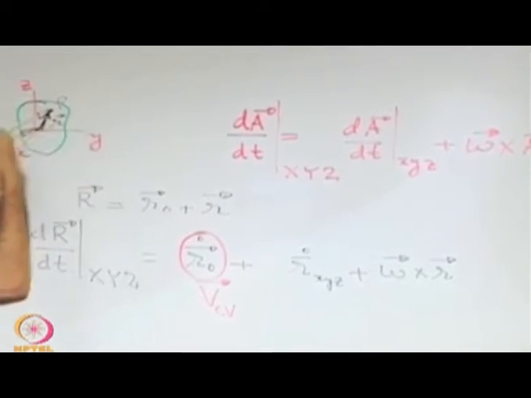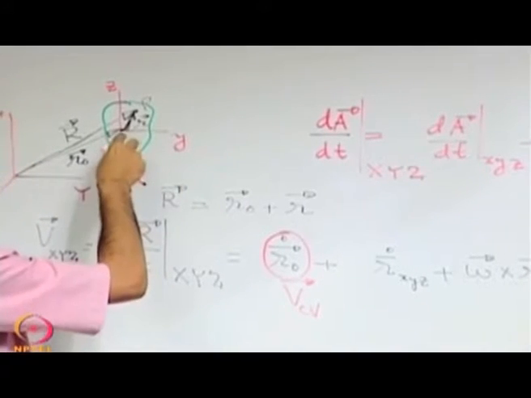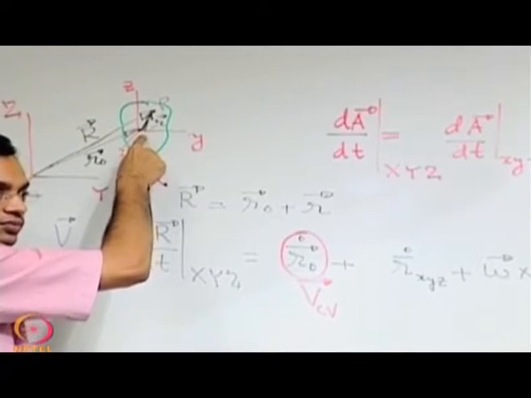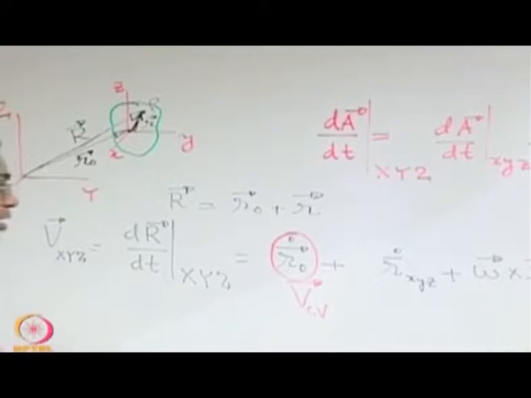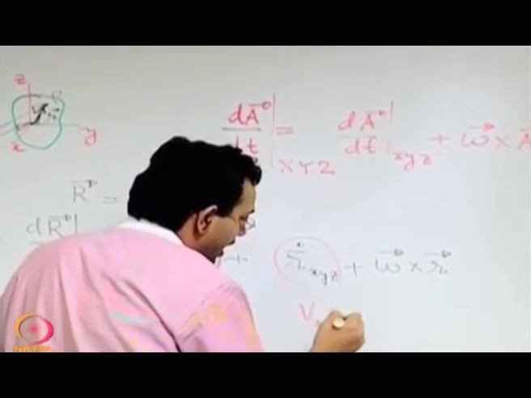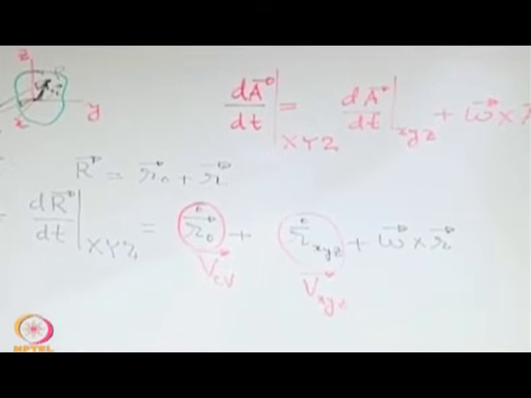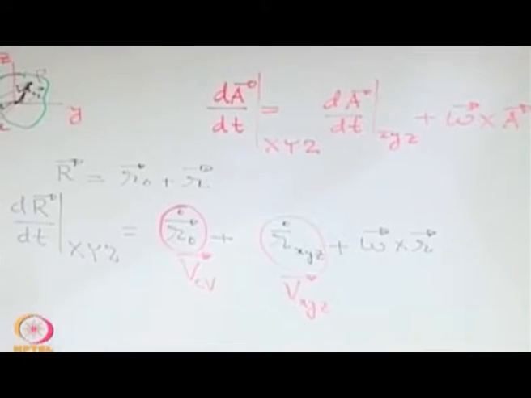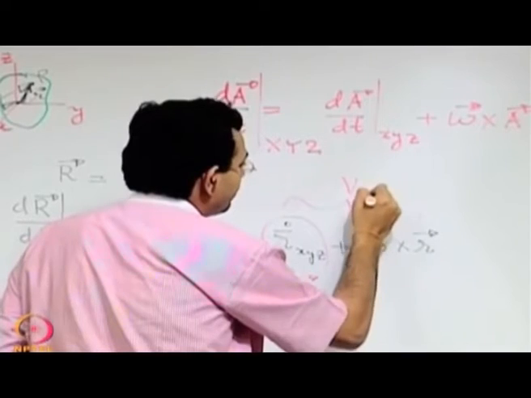The control volume is having a translational velocity. This is the translational velocity of the control volume, because this is the time rate of change of the position vector of the origin of the reference frame describing the control volume. And this is what? This is the velocity as visualized from the reference frame small xyz, and this is of course omega cross r. So, these two terms together may be thought of as a relative velocity.